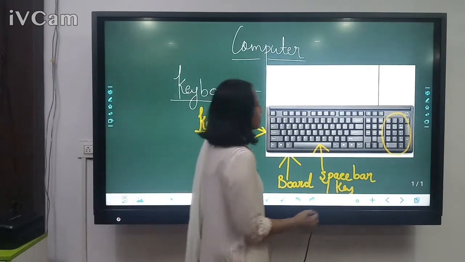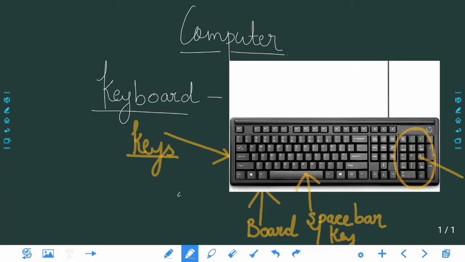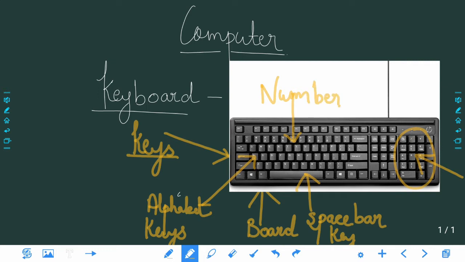Here you have a second set of number keys, and here also you have number keys. Here you have alphabet keys.